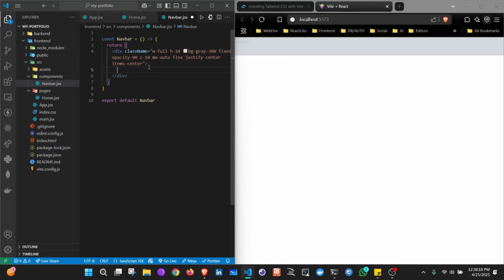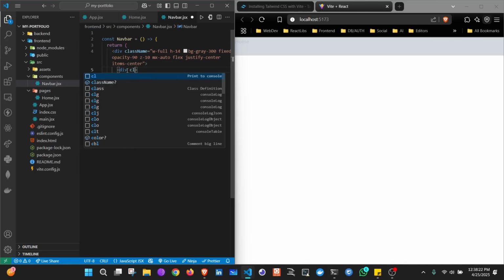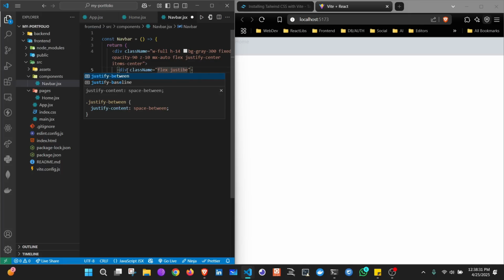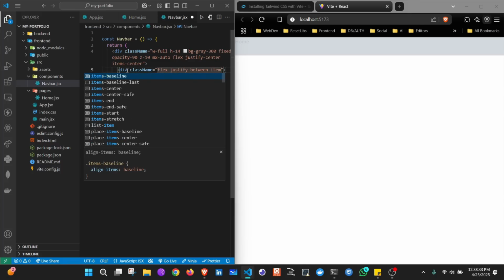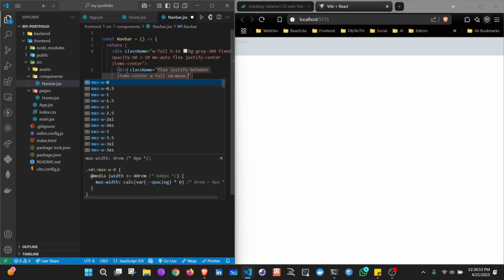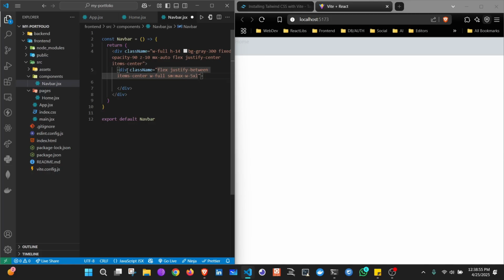Now create another div inside, give it a class name of flex justify-between items-center, then w-full, and for medium and large devices the max width will be 5 pixel and make it relative. Now give an h2 tag here,